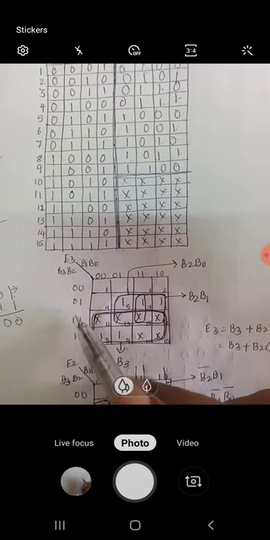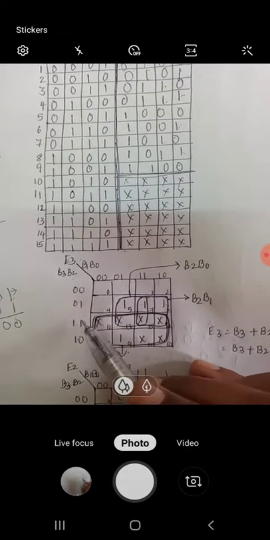Once I write an expression for this, so this is this group. What do I have? Here I don't write anything. Why? Because all the bits have toggled, they have changed their values. So here the only one which is left out is B3. The value is 1. So I have written an expression for this as B3. Similarly for this quad, what is changed? B2 is retained, B3 is changed, so I am not going to consider that. So B2 value is 1, so I have written B2.